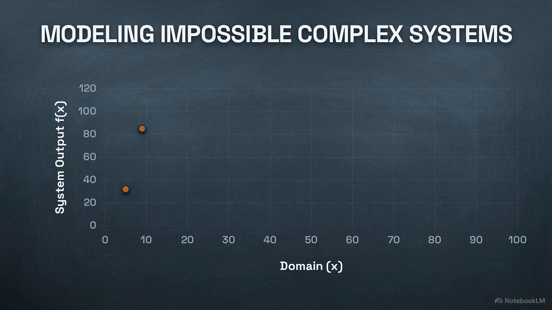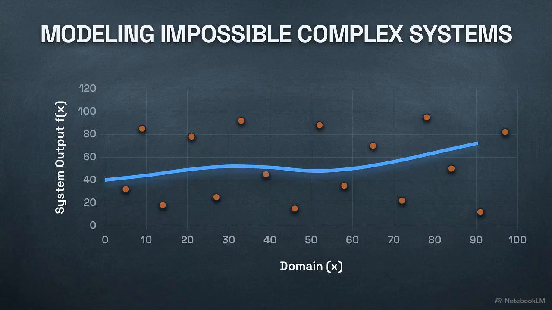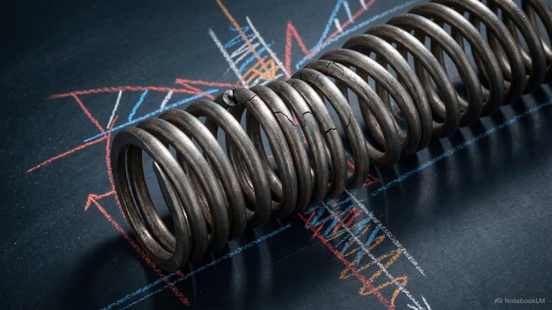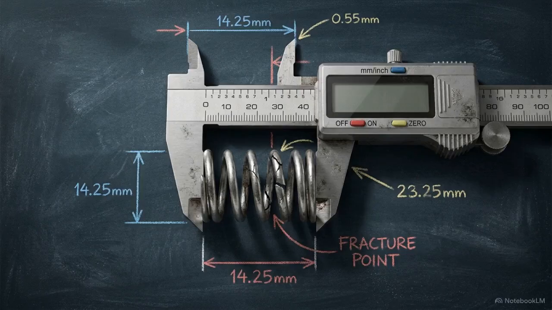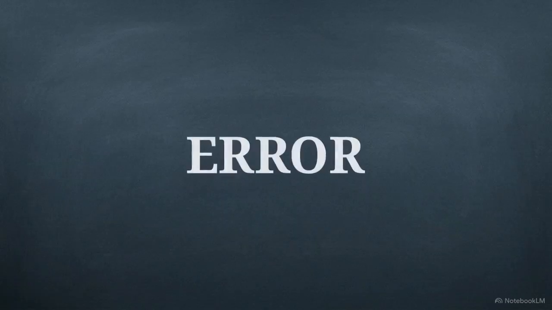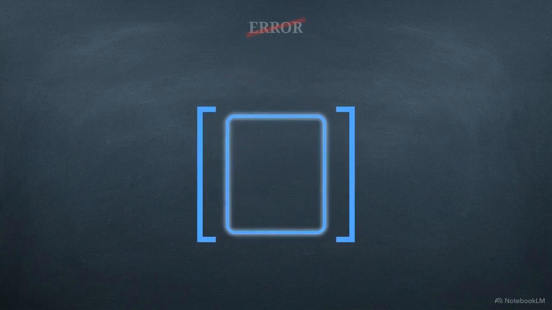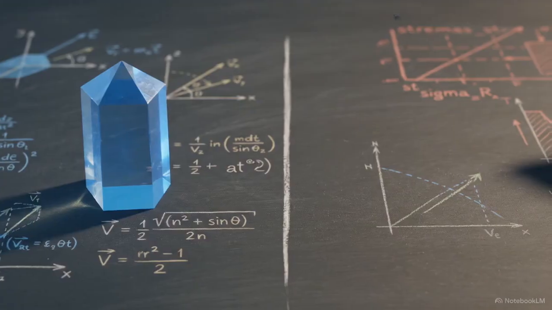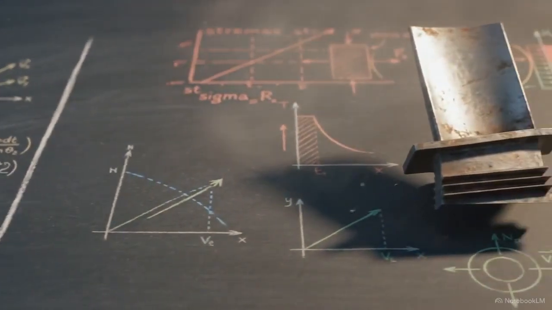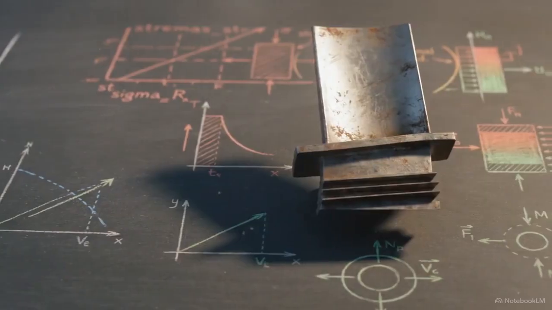To navigate these impossible systems, we bypass the search for the exact function and construct an approximate solution instead. Relying on an imperfect approximation creates an immediate tension. We require a rigorous method to measure specific flaws. Evaluating an approximate solution requires us to look past the standard concept of error and isolate a different mathematical entity entirely. The shift from seeking analytical perfection to managing quantifiable imperfection is the dividing line between theoretical mathematics and applied